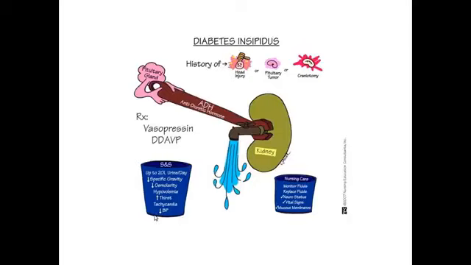So when there will be excessive production of the ADH, then there will be low urine. Okay, water will be retained, and when fluid is retained, then what will happen? There will be hypervolemia, so the serum osmolarity will fall. So there will be higher urine osmolarity and low serum osmolarity, and in this, fluid restriction is usually done. Okay, so these are the two: diabetes insipidus and SIADH.